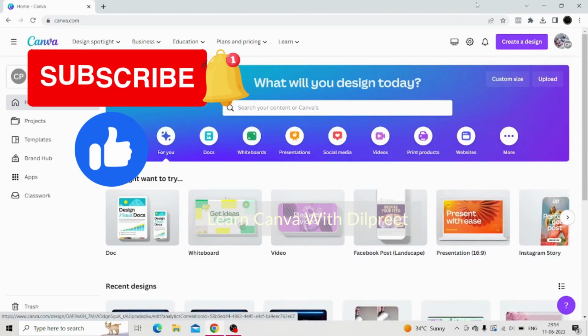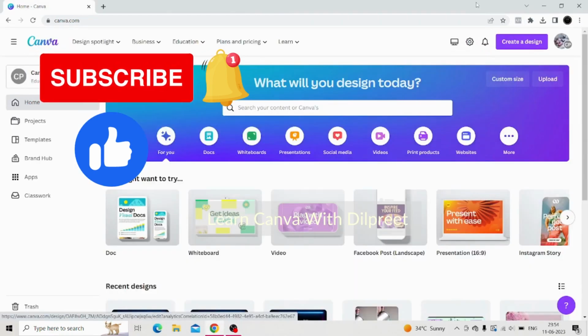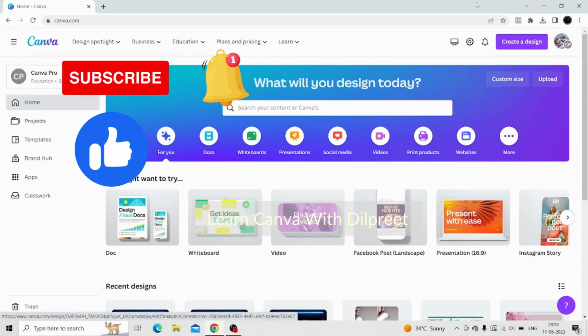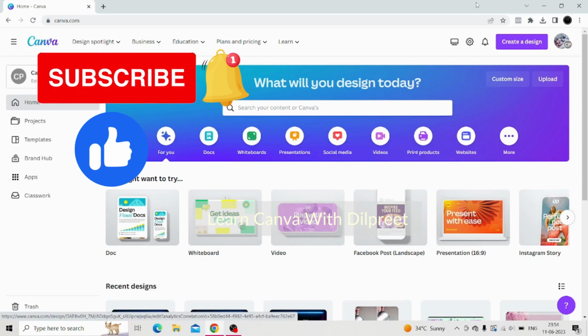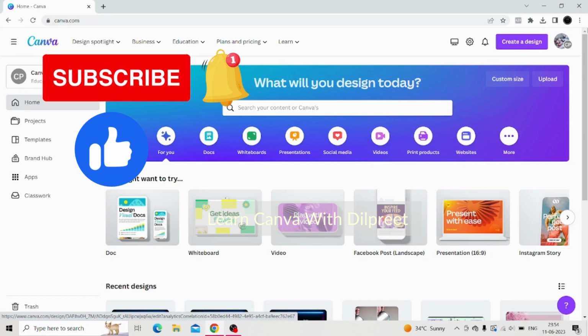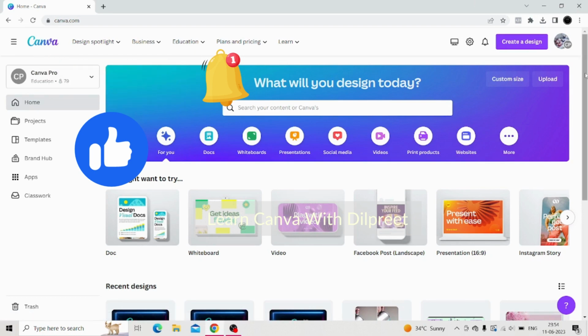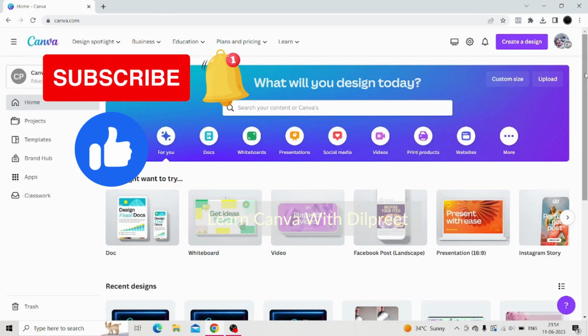Hey guys, welcome back to the Canva class. And in this lesson, we are going to understand how easily you can create a copy of your content. So it could be an image, it could be any video, any document which you've already created. And just for an example,